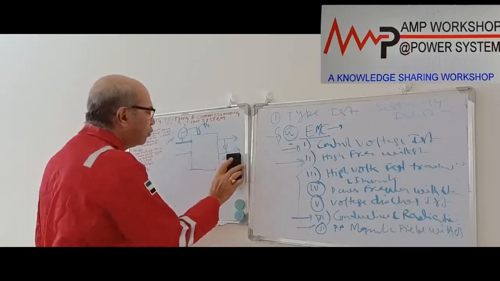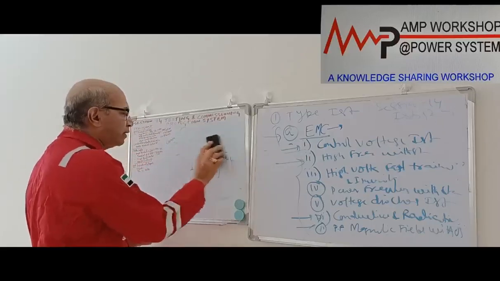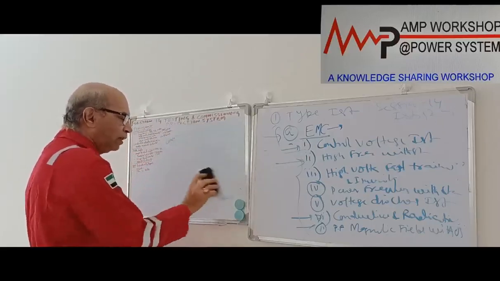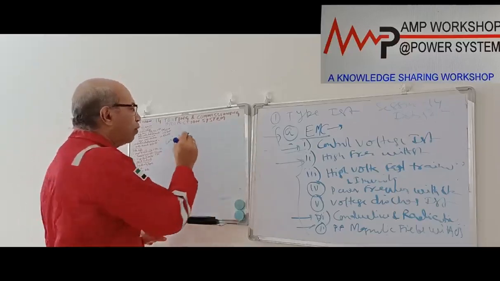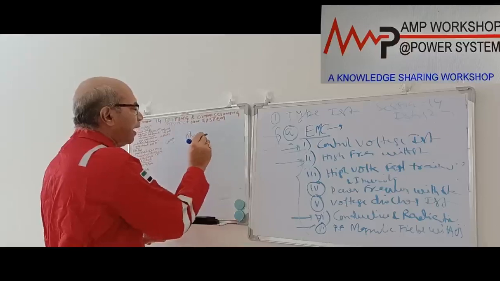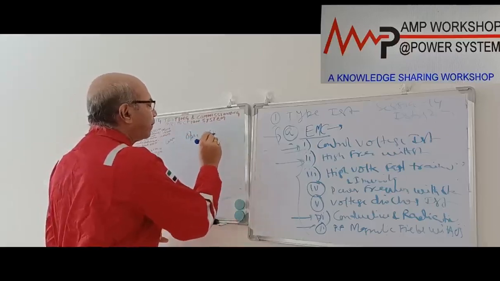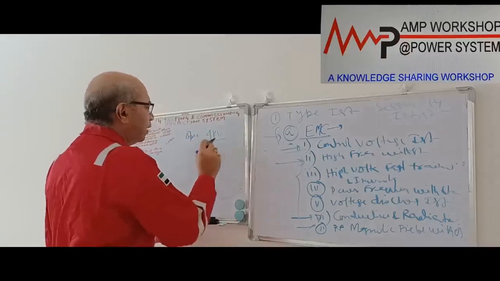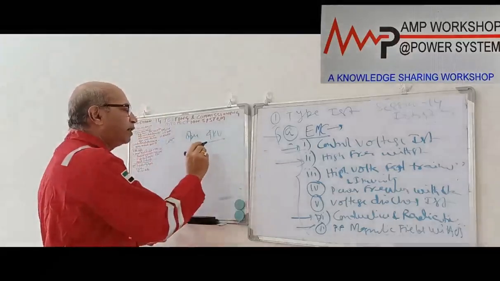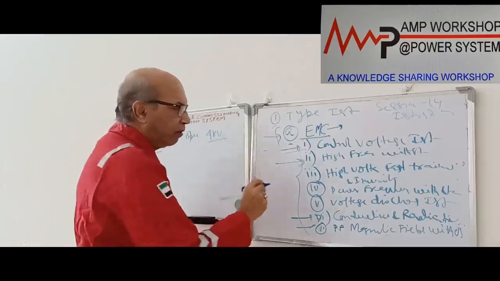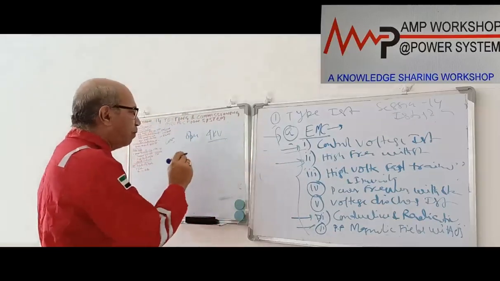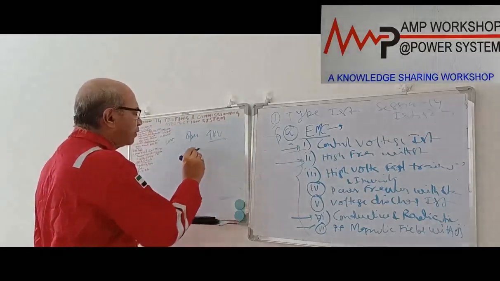Then we do the immunity test, this high voltage transient immunity test, for all the circuits, input and output circuits, in open condition and closed condition. In open circuit condition we do the test at 4 kV, and this 4 kV voltage which we are injecting on all the circuits has a wave profile of 1.2 by 50 microsecond.